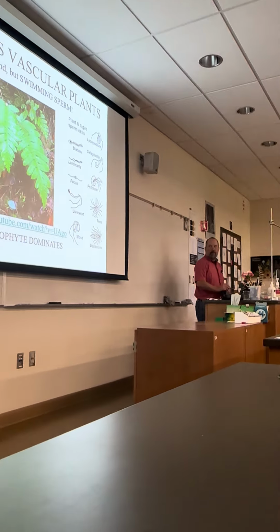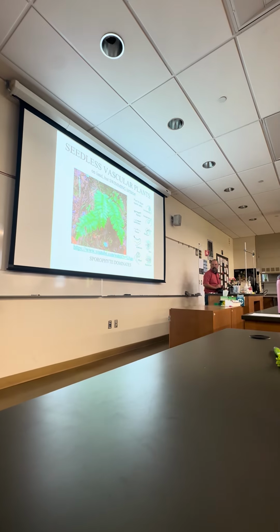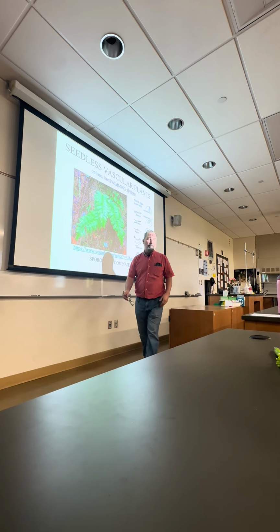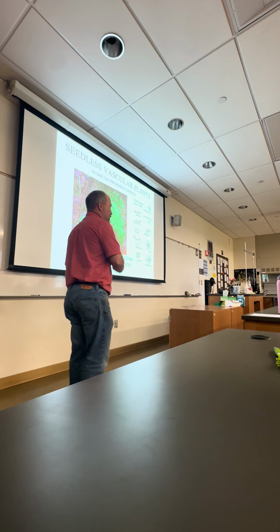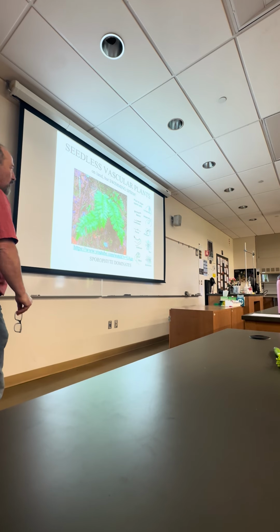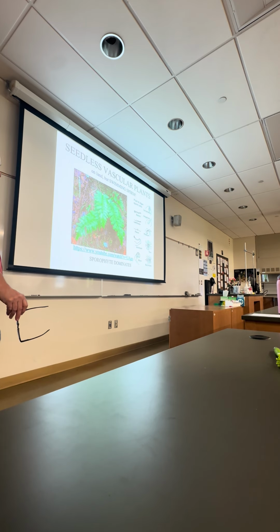Once they got on land, they pretty much had everything they needed for photosynthesis for the most part. The next step was to get bigger, right? And so vascularization allows you to be a lot bigger than those other things we just saw, the bryophytes. And also then what we'll see next is the